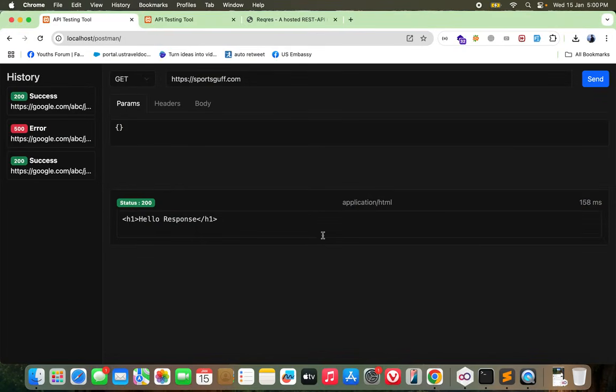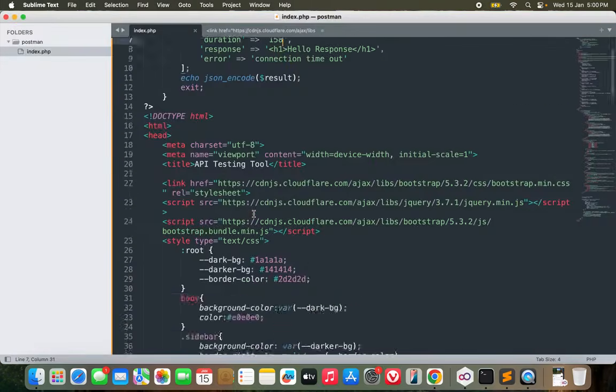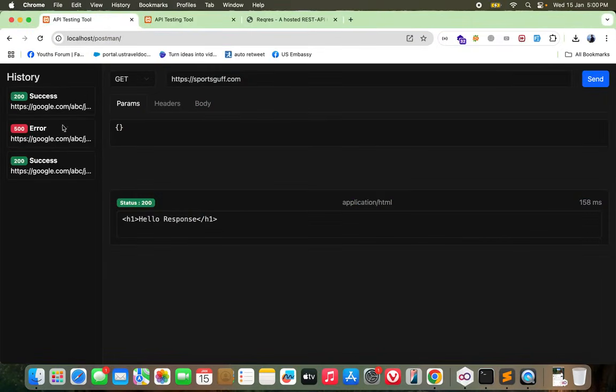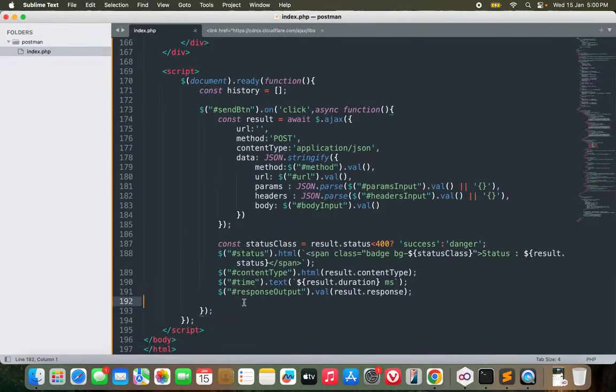So this is not the actual response. I'm just faking the response, but we'll be doing this part as well. Just let me finish with the JavaScript section first. So we have the response, we have updated the response. Now I need to add it to my history. This is not dynamic yet. So what I need to do is